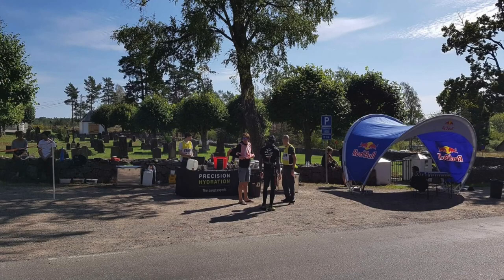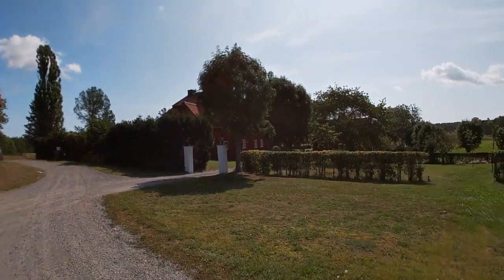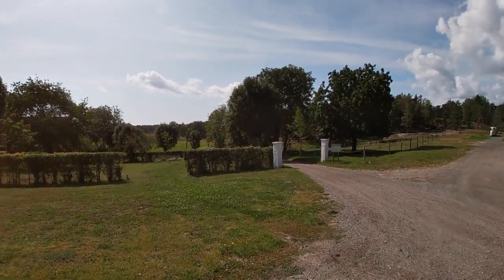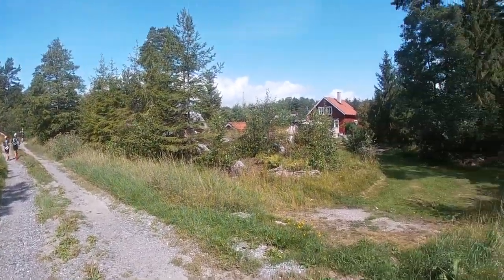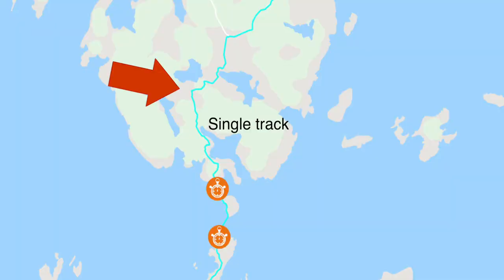You're still on the asphalt road for about 4 kilometers, and there is a lot of undulation. You will see a big red farm on your left. That's when the asphalt road stops, turning around this red farm, and then we are on the gravel road. Some more up and down there, and then the track becomes more narrow. It's gonna be a bit more up and down, a left turn into the forest, and then you're back